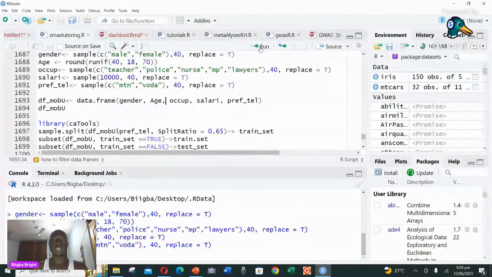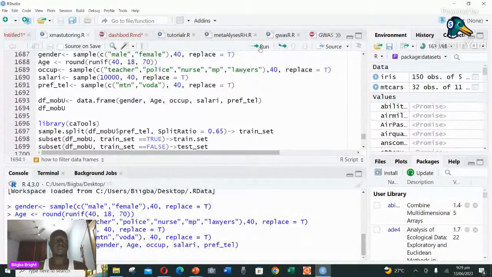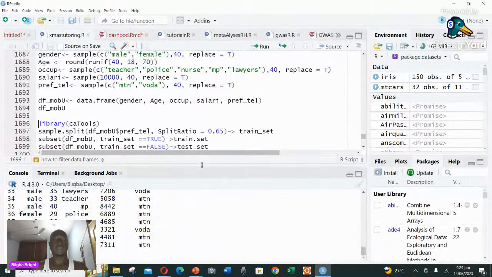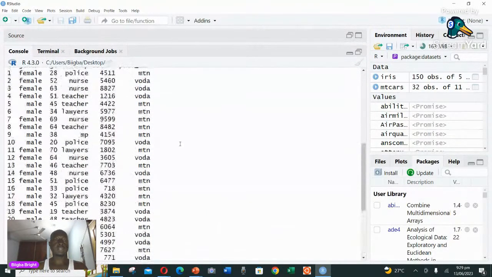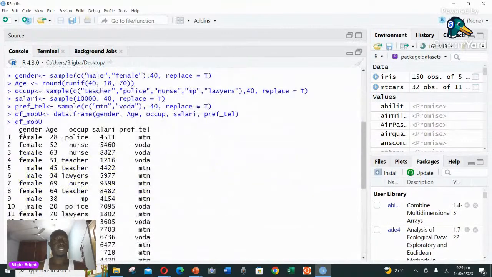After that, I built up this data frame, and we can have a view of the data frame. Look at how it is. We have the gender, age, occupation, salary, and then preferred telecommunication network. You can see either Vodafone or MTN. So now, if we have data like this and we want to apply machine learning, what are we going to do? Possibly one thing comes to mind: you check and see whether